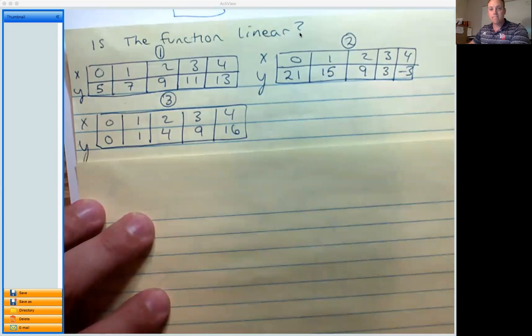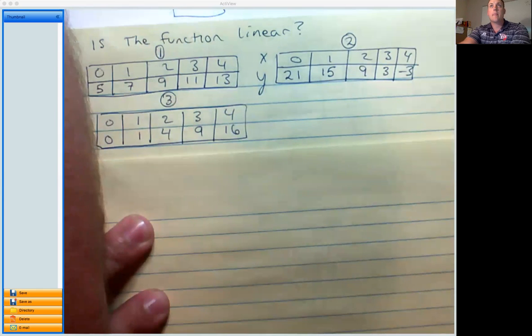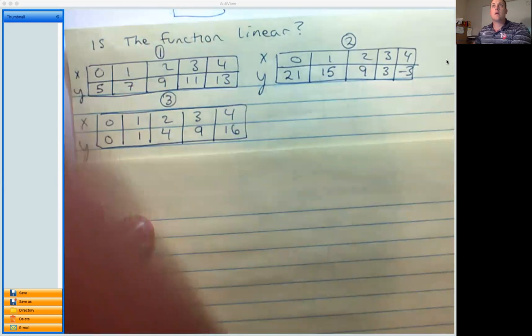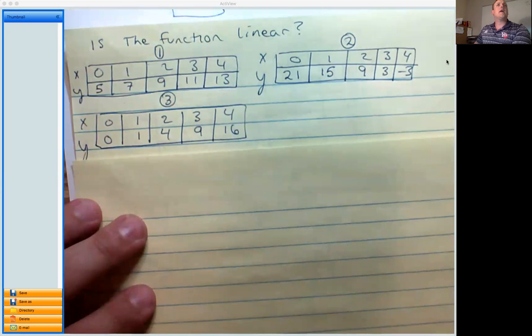What was the linear? First one was... second one. And the third one was... Okay, so